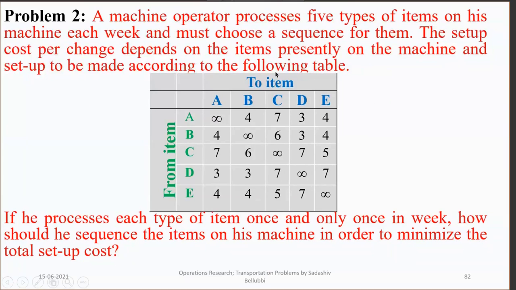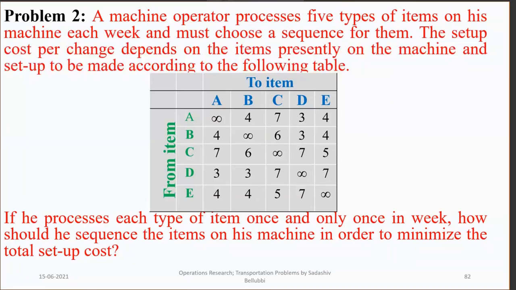The machine operator processes 5 types of items on his machine each week and must choose a sequence for them. The setup cost per change depends on the items presently on the machine and the setup to be made, according to the following table.